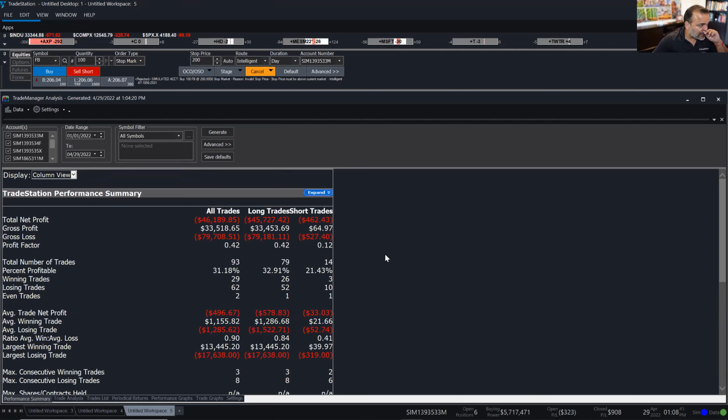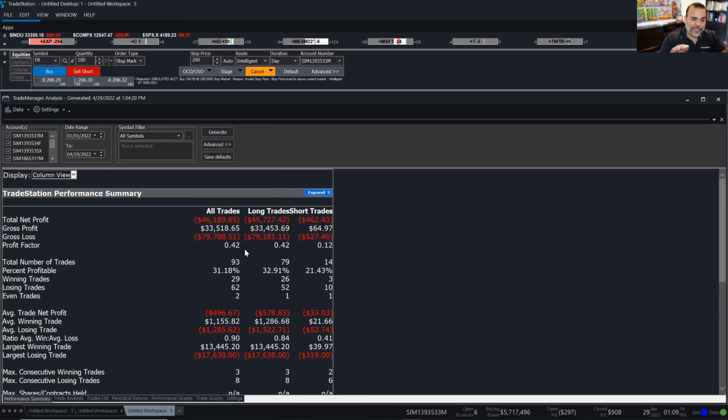Rich also is mentioning one of the limitations. It has a problem with worthless expiring options. Yes, since there's no exit associated with a worthless expiring option, it doesn't really know what to do with it. So those are the type of things that this tool is not designed to do. So I guess Rich has been able to use the tool, and he has realized that for the type of trading that he probably does, it may not be very accurate, but as long as you're aware of the limitations, then you understand, okay, I know why this is happening, but it's still very cool in the way